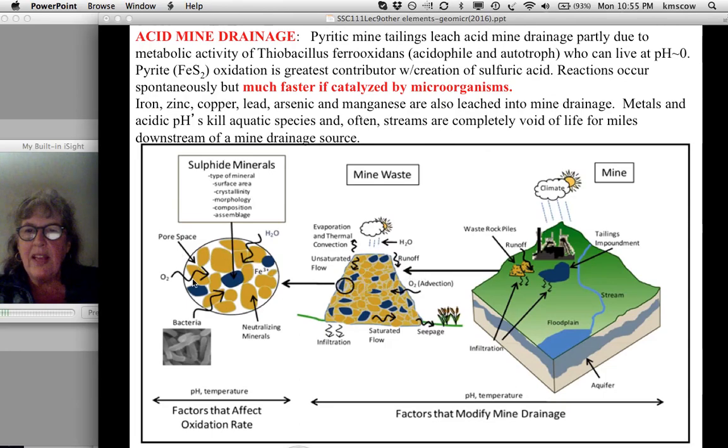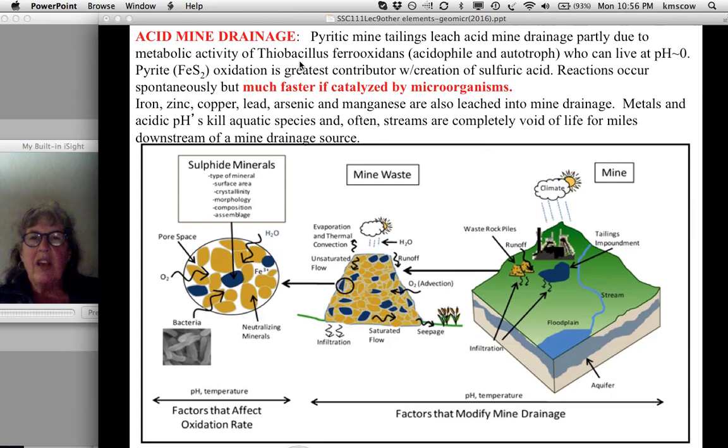If we blow that up, these tailings are filled with these sulfides. Remember, just a few slides before we were looking at how sulfides form all these different kinds of minerals. And these sulfides are what are going to be acted upon, and a lot of that is with pyrite, which is iron sulfide with this formula. So when all that water comes in, and then there's obviously going to be oxygen coming in as well,